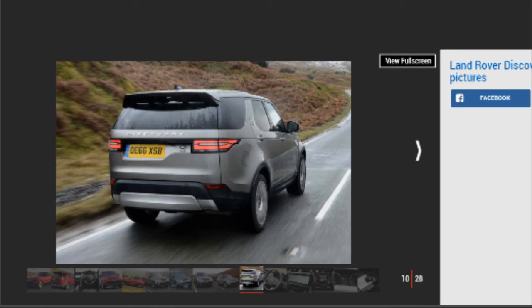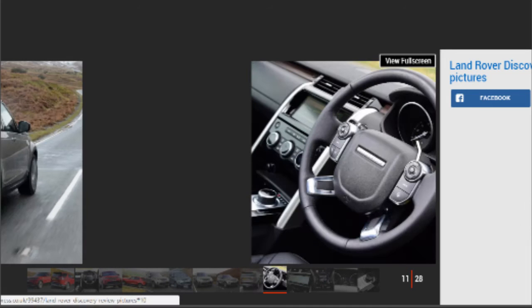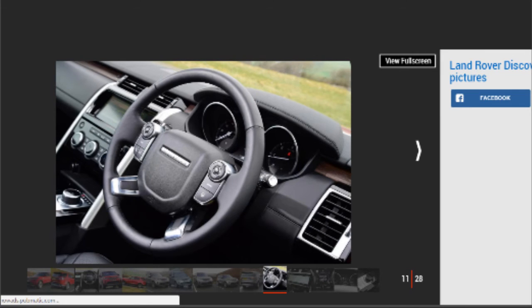The SE model sits above this, and it's a relatively large price jump, but it's worth it for the extra kit it brings. You get the smaller 8-inch Sat-Nav screen, heated electric leather seats, climate control, and LED lights among other things. Upgrading to HSE spec adds the larger 10-inch infotainment system, an upgraded Meridian stereo, Land Rover's InControl apps,